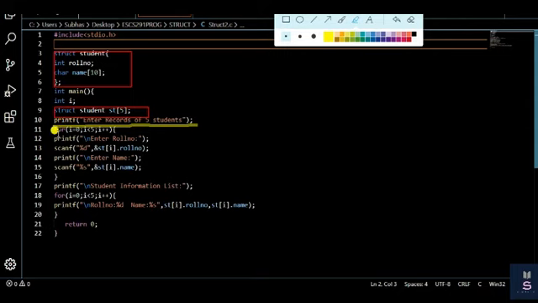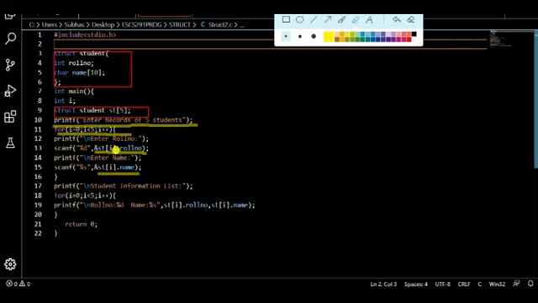And we have used a for loop. We already discussed that if I want to store any value in an array, the for loop is very easy to input multiple values. So printf enter roll number. The roll number will be stored in this variable, ampersand st[i].rollno, where i equal to 0. Similarly, the name will be put in st[0].name.